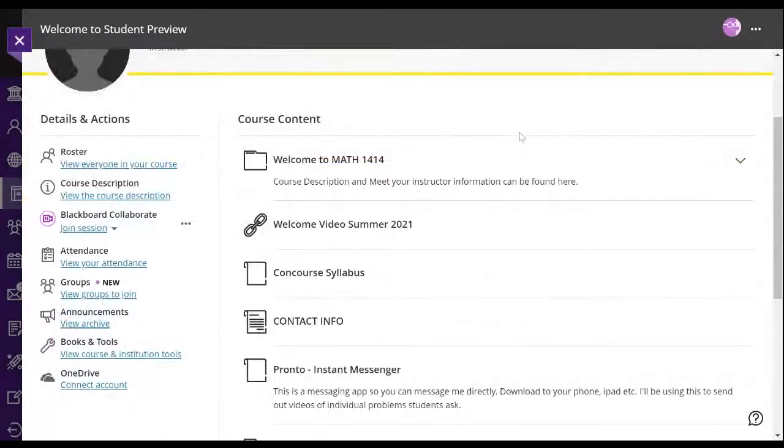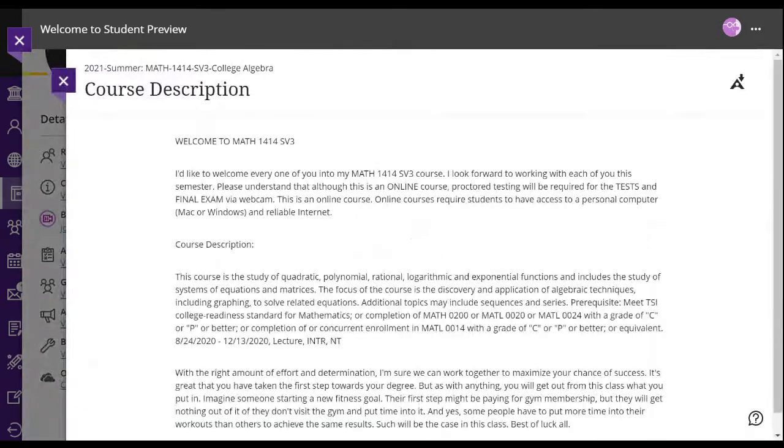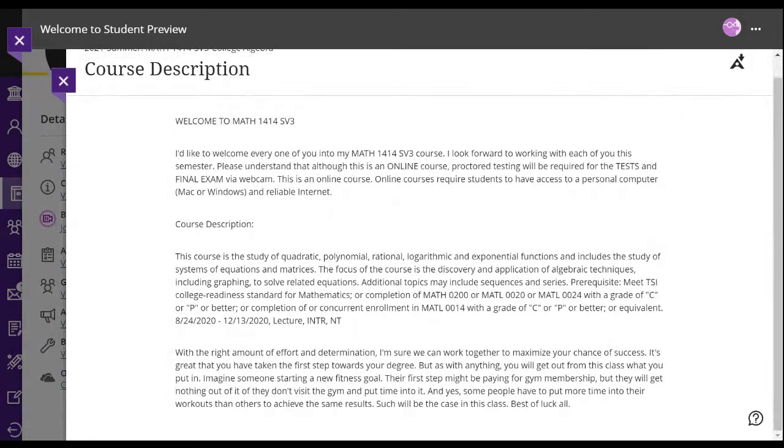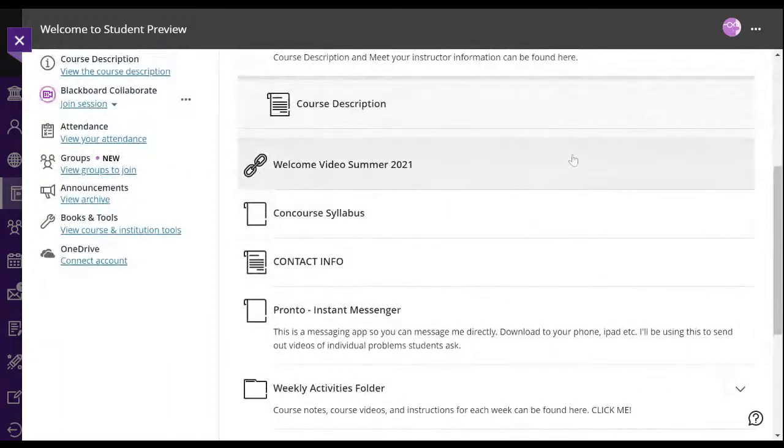Okay, so guys, the first tab here is some general information, the course description. So this is all about our class right here. It has the course description, what the class is about, all that kind of good stuff. And then there is another one. I'm not sure why it's not popping up. I probably just need to fix it on my end. Just a little bit of information about myself. This is the welcome video. This is one that I had posted, and it goes through the same thing that I'm going through now. It's telling you what each of the tabs stand for.